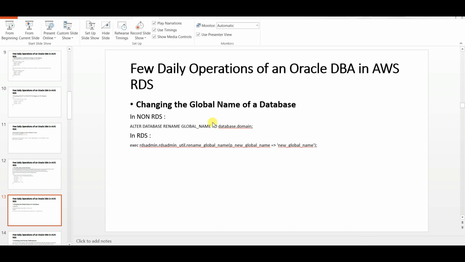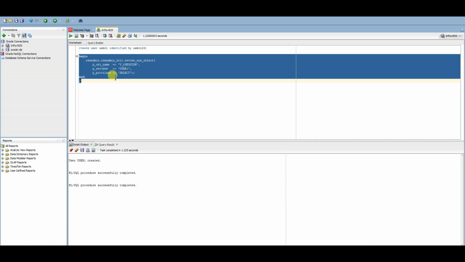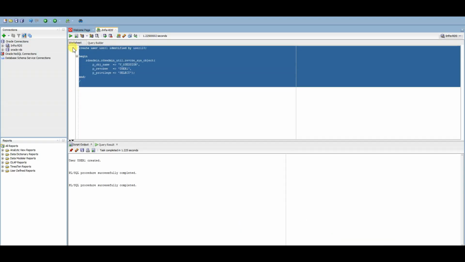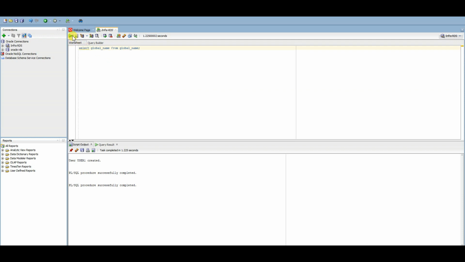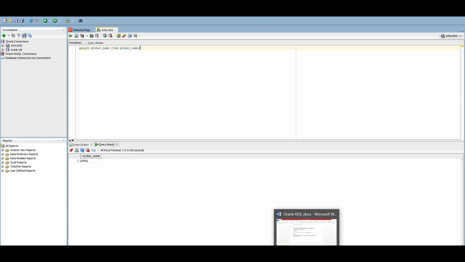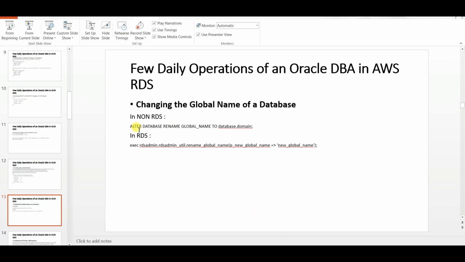Next, let us check how do we change the global name of the database. First of all, let me check the current global name of the database. It is infra. And let me change it. In non-RDS, we need to change with this command: alter database rename global_name to database.domain.